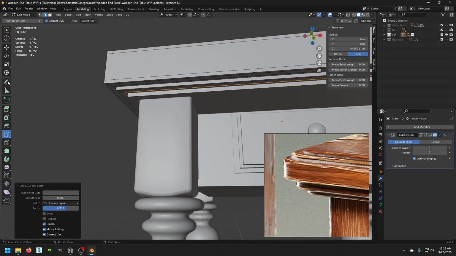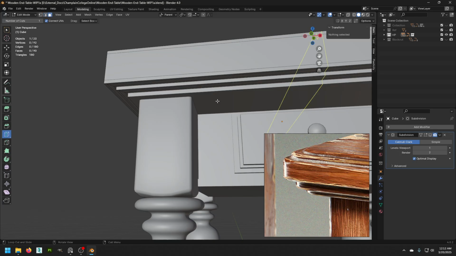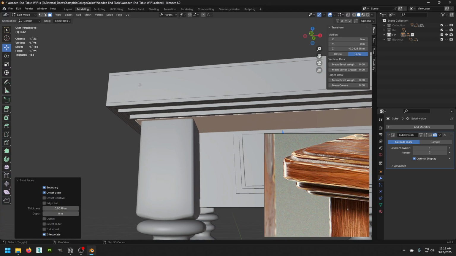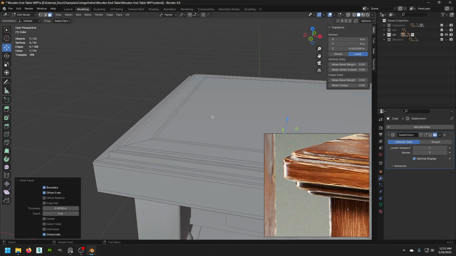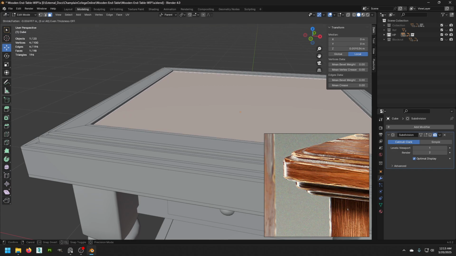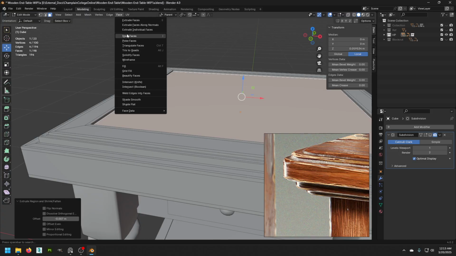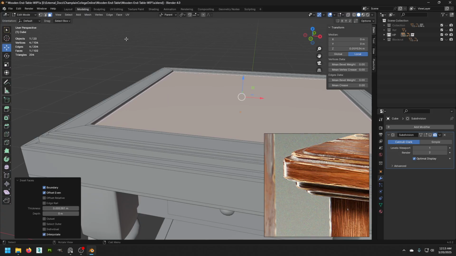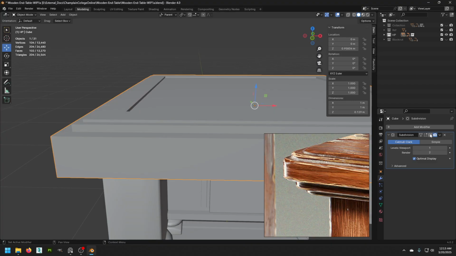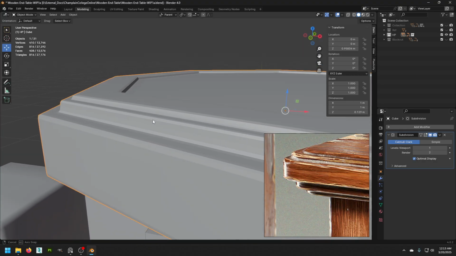I also need to do one other thing because I need one more edge loop in here. Okay, do an inset, like so. Okay, all right, that's pretty close. I'm going to do one more down a little bit like that, and then inset, like so. Okay, so now if we turn this back on, you see that it adds a little bit of smoothness to it,